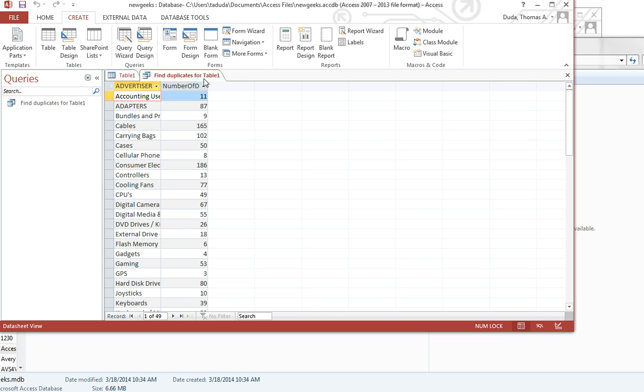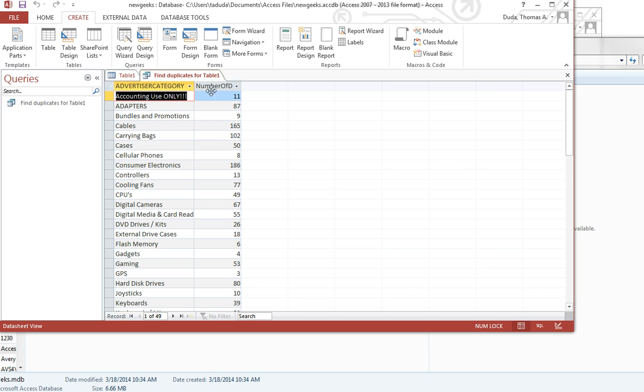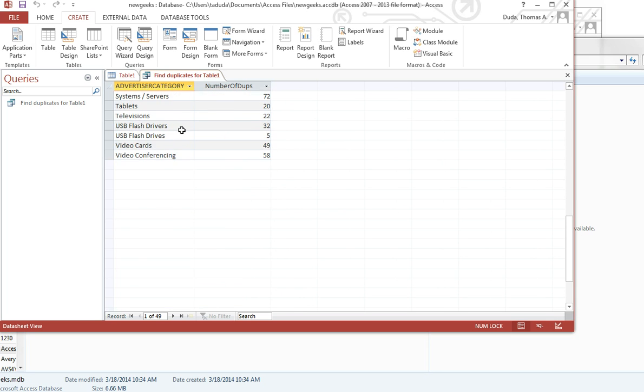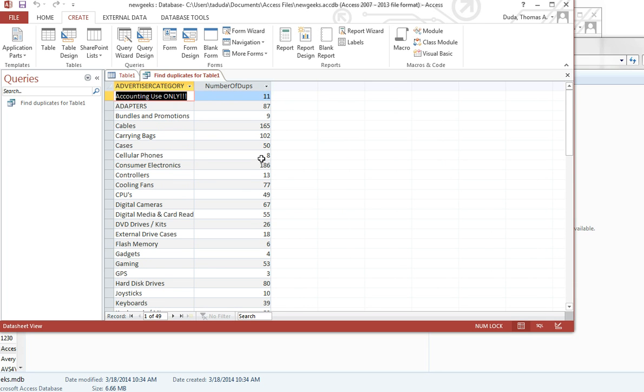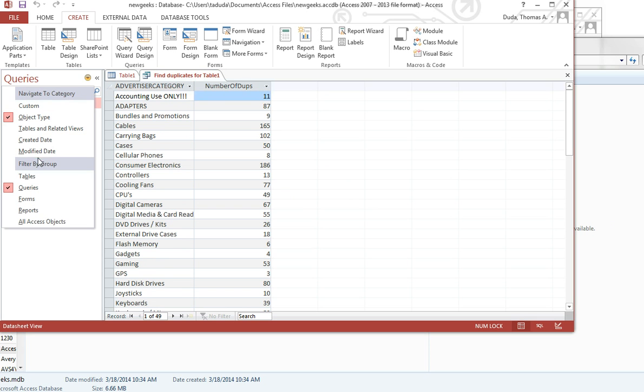Okay, so it finds my duplicates, and you'll notice that what it does is it gives me a list of the categories, as well as the number of times that those things were duplicated. So you can see this is what my drop-down list is going to have. Okay, I'm going to just point my drop-down list to this query, and then we'll use that to load the database. So then once I've done that, I can simply save, okay, and now I have both my query as well as the table